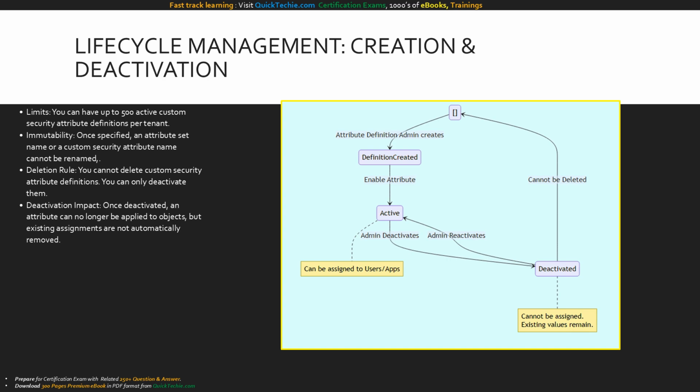Let's trace the lifecycle of an attribute using this state diagram. It begins with the definition created state, initiated by the attribute definition admin. It immediately moves into the active state. While active, as the note indicates, it can be assigned to users and applications. From active, an admin can move it to the deactivated state if it is no longer needed. Notice the bidirectional arrow. A deactivated attribute can be reactivated if necessary. However, look at the final transition from deactivated to the end state. There is a hard stop. It cannot be deleted. The note reminds us that while deactivated attributes cannot be assigned anew, their existing values on